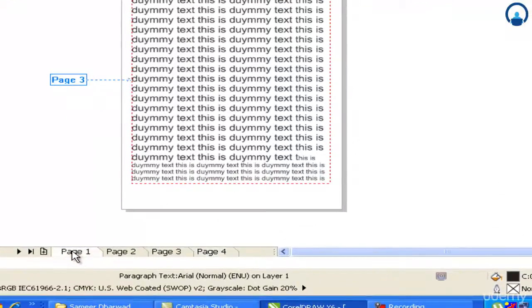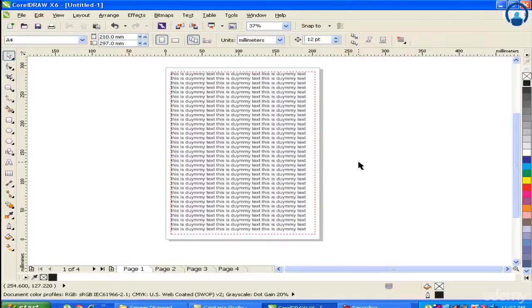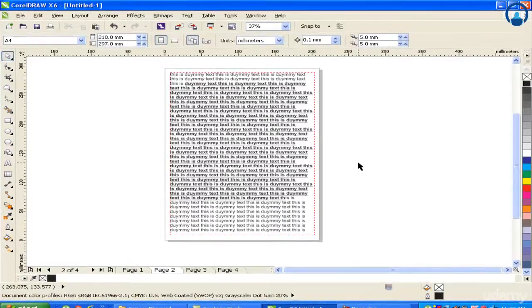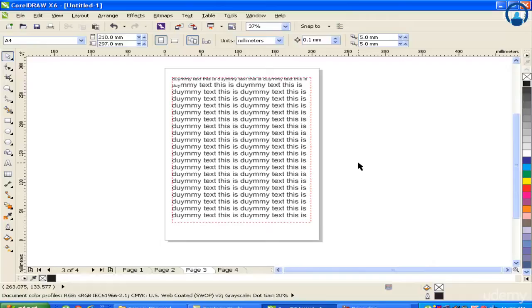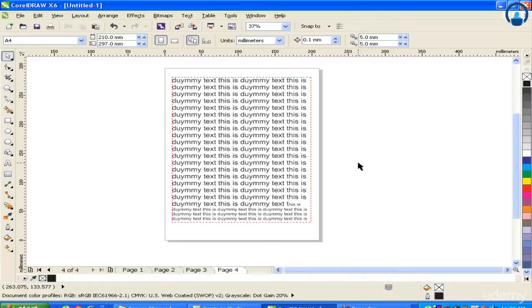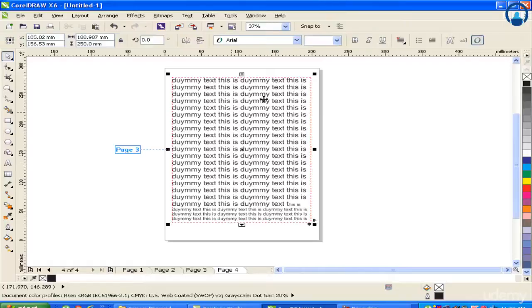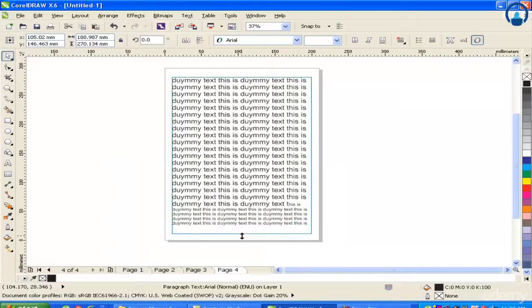Now let's see from the beginning. This is the first page, this is the second page, this is the continuation of the first page, second page, this is the continuation of the second page, third page, this is the continuation of the third page, that is the fourth page. Until the dotted line turns black again, that is, as long as the dotted line is red, it means the text is still there, but you are not able to view it because it has been continued here and that's been hidden. And if you drag this, you can see the flow of the text continue. Again, if you want to continue